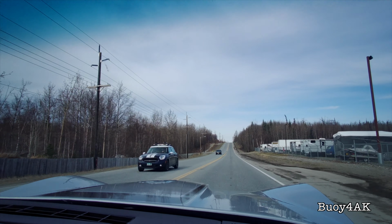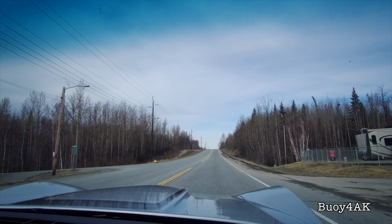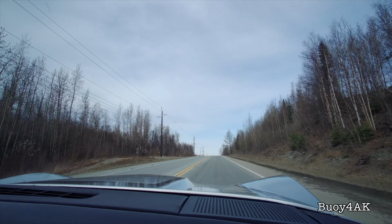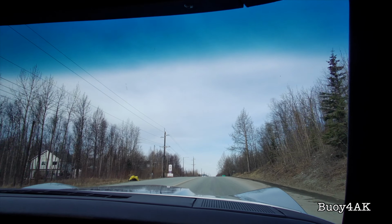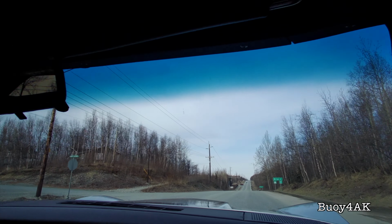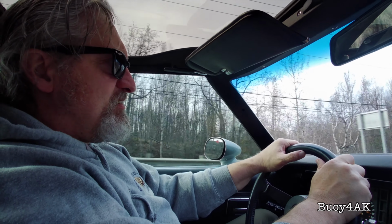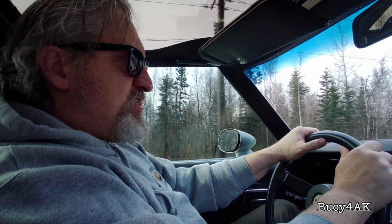So, was it high tech? No. Did it have good road feel? Not really. Is it low maintenance? No. So, is rack and pinion steering better? I'll admit it, rack and pinion steering is better. Rack and pinion steering might be better, but still, I mean, just to drive this piece of history, I gotta